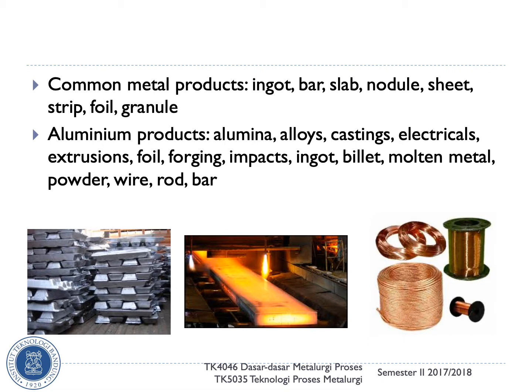For example, for aluminum products, there is alumina, as a powder, a chemical alumina powder, and it can also be alloys, and it can be a casting, for aluminum casting. It can be for electricals. It can be an extrusion, foil, forging, impacts, ingot, billet, molten metal, powder, wires, rod, and bars. So in this picture, there is a magnesium ingot and also a bar or slab of iron